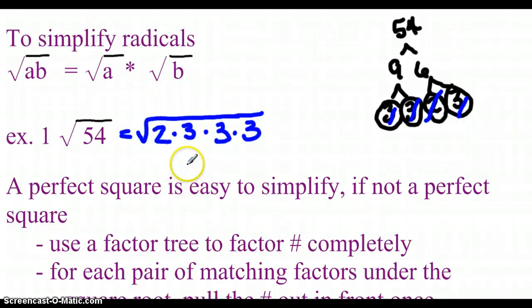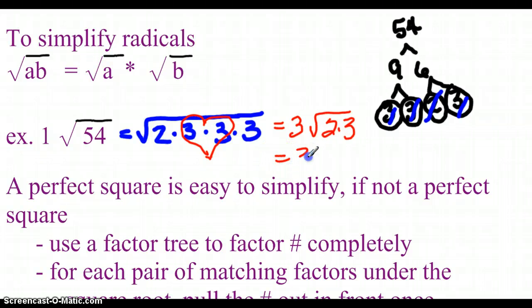Now I look for a pair. And this is the story I always tell. So I look for a pair. A pair is like a date to a dance. These two would be a date to a dance, perfect pairs here. But 2 and 3 don't have any pairs, so they don't have a date to the dance. So if I were to pull this out in front, 3 times 3 is 9. The square root of 9 is 3. So basically the rule is for every pair that you get underneath here, it can be pulled out once in front of the square root. So I have a 2 and a 3 that don't have a date to the dance that are left underneath,